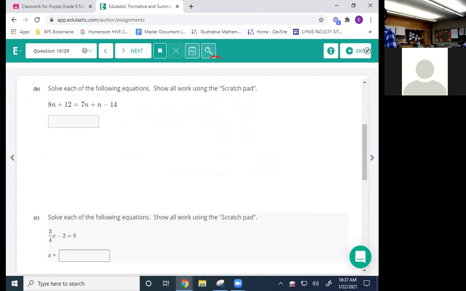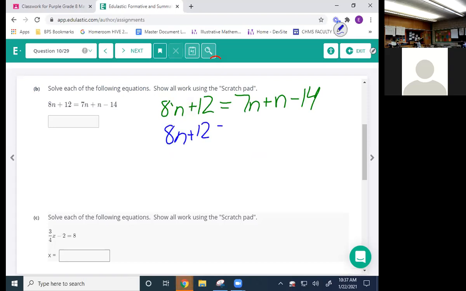I have 8. What do I have to do first before I can start to move things? Look at it on your screen or look up here. What do I have to do first before I can start to do things? Combine like terms. So add 7n plus 10n. Very good. So I have an 8n plus 12 is equal to a 7n and a regular n is how many? 8n. And then